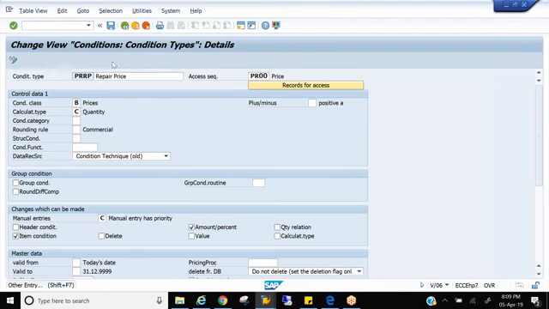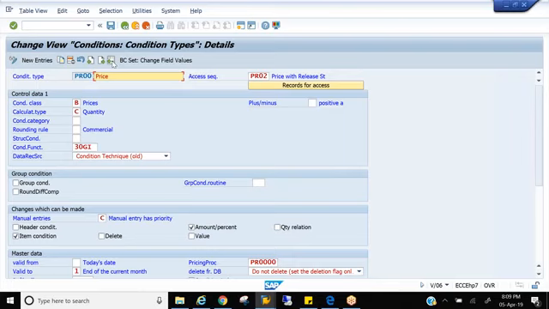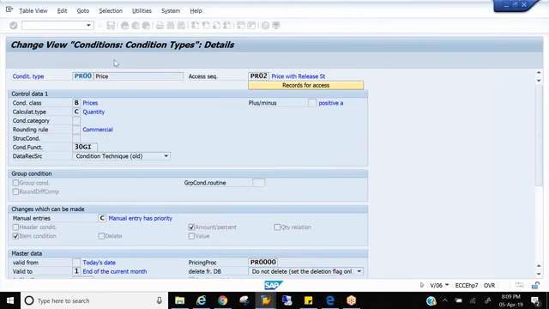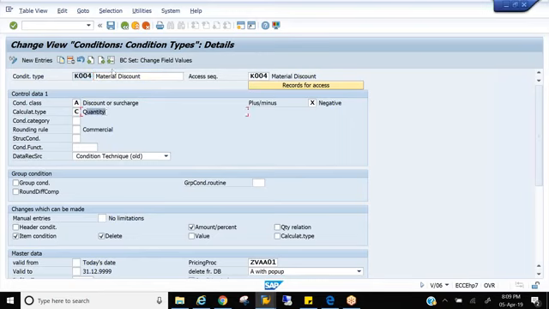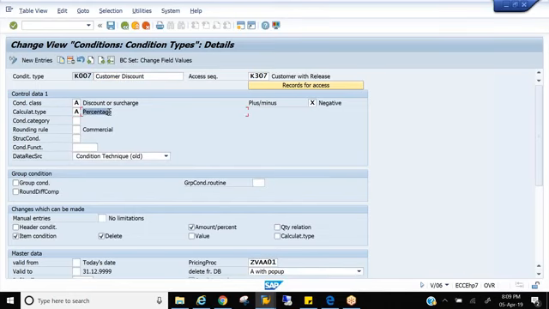So if I go for base price, how is a price calculated? That means if one item is $1, 100 items is $100. How is the system calculating that? Price into quantity, that is the condition value of this particular PR00, right? So calculation type, if you go for K004, it is a quantity based discount. If I go to K007, it is a percentage based discount. But my requirement is I want to give a fixed discount. So the client requirement is if any order touches 1 lakh, you want to give 10,000 as discount.